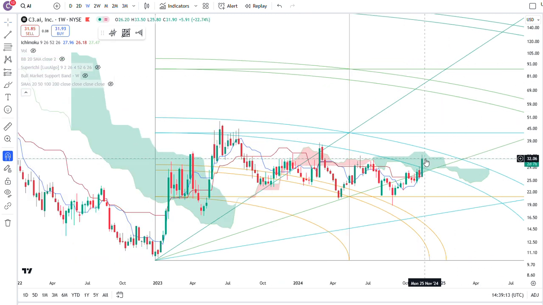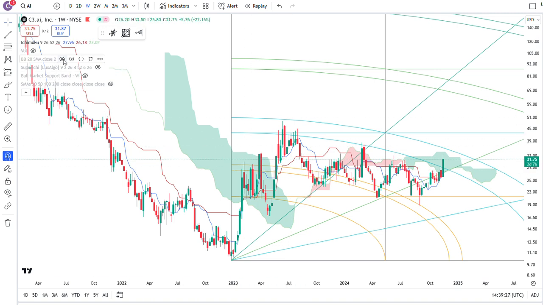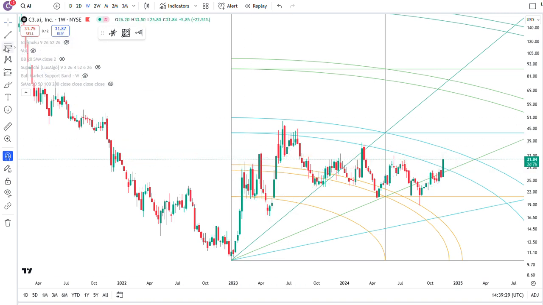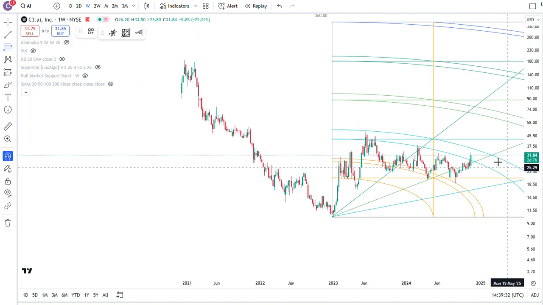Now, it is still a little bit trendless. It can also get rejected up here, and it can still ride down, and if it's not able to find support at the angle, you can still ride down the arc and go back to the 20s, and then try to challenge the cloud over here again. So I'm not entirely sure about this stock just yet. That it's just ready to run, I'm really not sure about that.